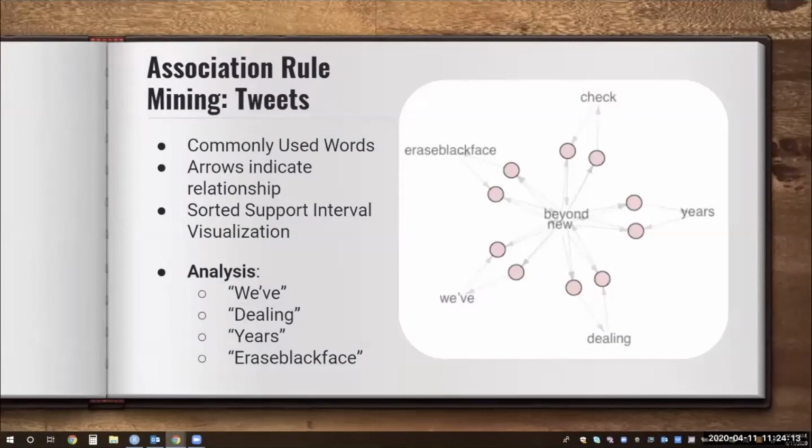When analyzing the relationships, we began to notice how many individuals express discontent because they have been dealing with these issues of blackface for years, thus expressing the wish to erase blackface from our society. This information began to confirm what we were casually identifying through tweet scrolling, as Lakita indicated on an earlier slide.